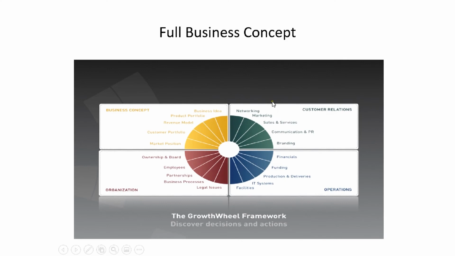Now that we are done with the operation, we're going to move on to your customer relations. So basically, customer relations, I will not be breaking that one down because it's pretty much straight to the point. This one is about you. How do you take your business out to the people? Who are you marketing this business to? Remember, marketing speaks directly to your customer portfolio, where you said, who are your customers? And then after, we look at the sales. What activities are you going to put in place to make sure that you meet your monthly sales?